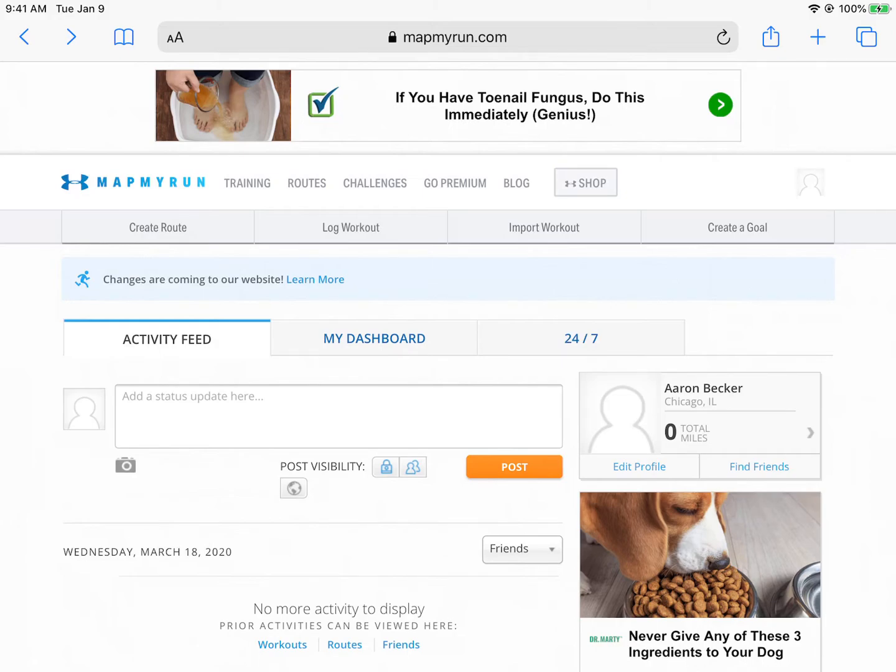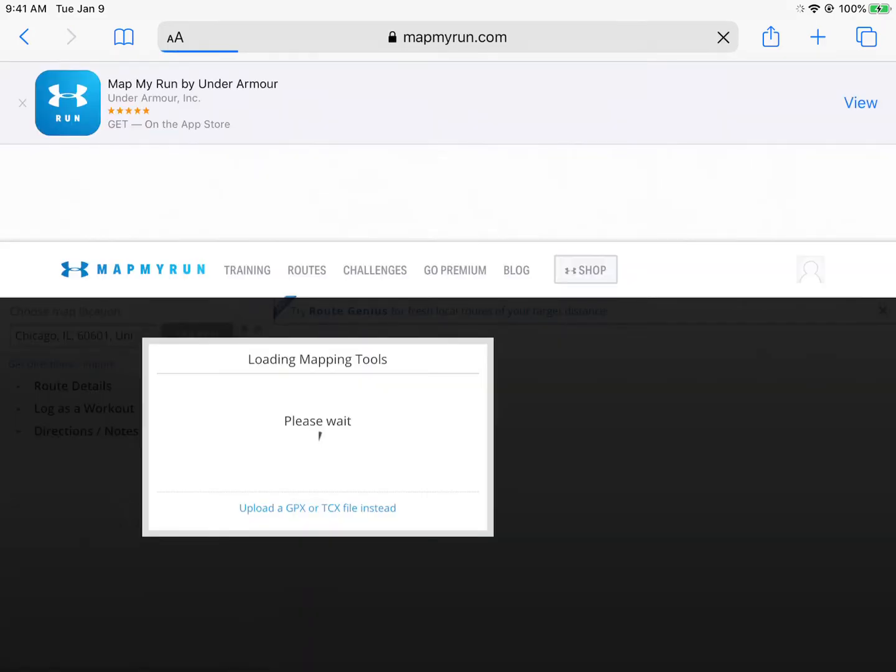So the first thing you've got to do is go to the website mapmyrun.com and make an account. And so we sign in, and then I click on Create Route up here, and it's going to take me